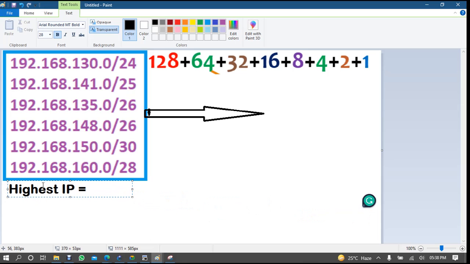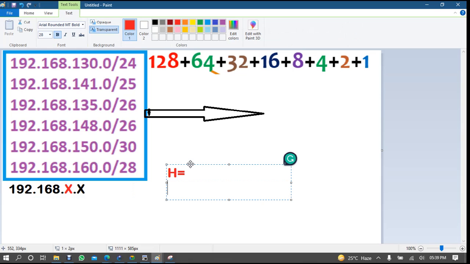see here, in the IP address you have 4 octets, right? Yes. So 192 is common, no problem, I don't need to do anything here. 168 is also common, but here are some differences, and here also some differences, right? Yes. So when we have differences in this octet, we have to work on the third octet. When you want to work in the third octet, you have to say which one is the highest IP and then the lowest IP.